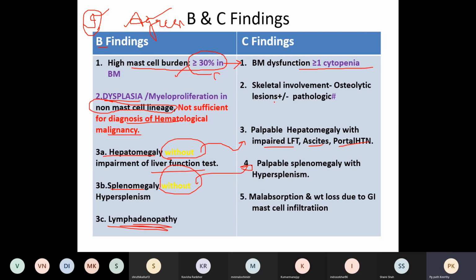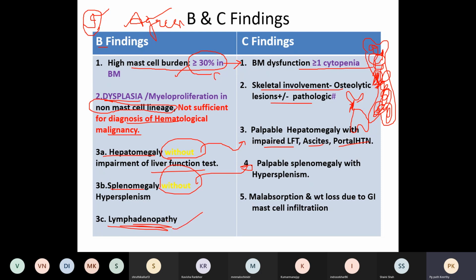Now here we have two extra points. One, see, these are more than 30% of bone marrow. But here they are so much that they are filling your entire bone marrow and causing the cytopenia, right? They have filled so much of your bone marrow that now they don't have space to proliferate, so they end up causing lytic lesions of your bone also. As a result, there will be a fracture like this. Understood? So that's how we should correlate this. One is more than one cytopenia, and they're proliferating so much that they have eroded your bone and are causing osteolytic lesions and pathological fracture.